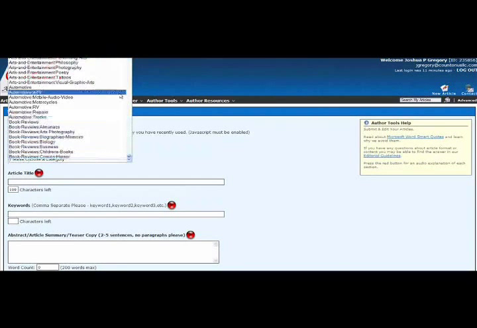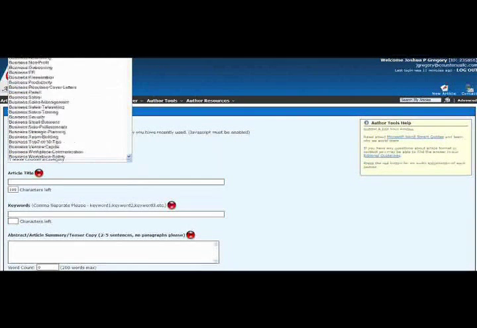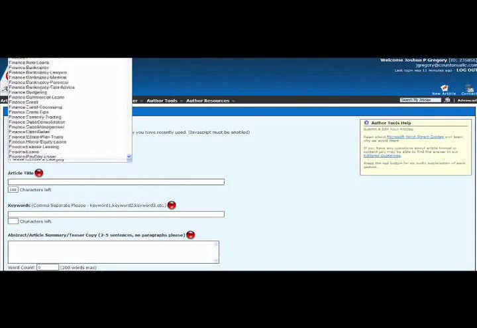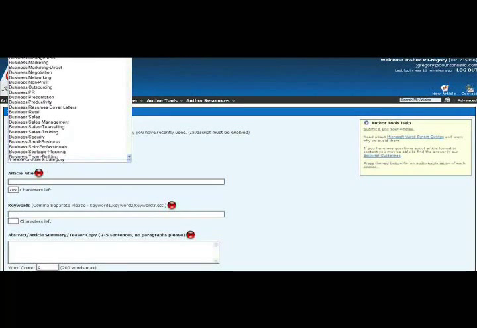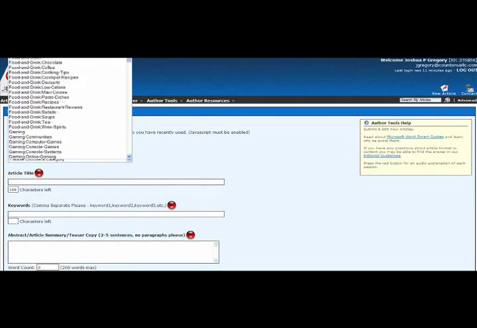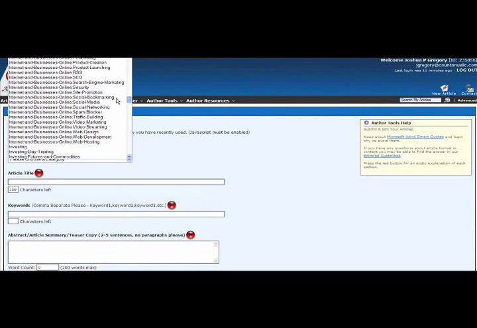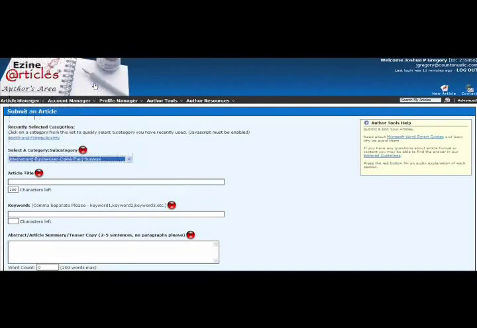So please choose category. This is in the Make Money Online niche. So we're looking for probably business. In this case, let's see here, business, and we've also got some other categories. They have internet business, so let's see here if they have surveys, paid surveys. They do have a paid surveys category. Ezine Articles has a lot of very good categories. Some of the other ones, just because they aren't as big, they don't have as great of categories.